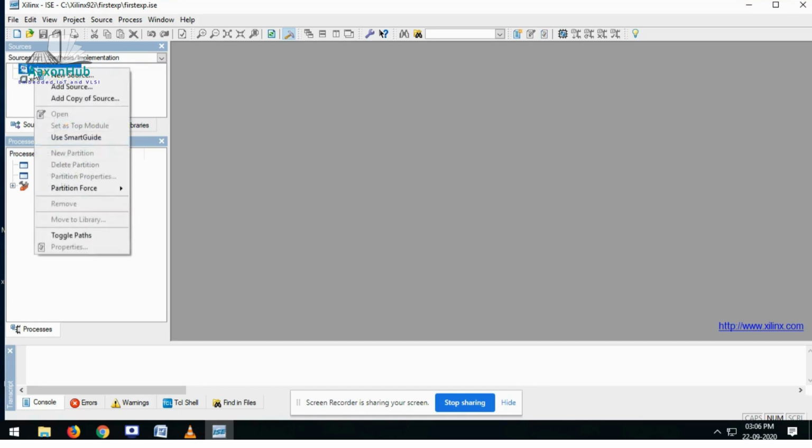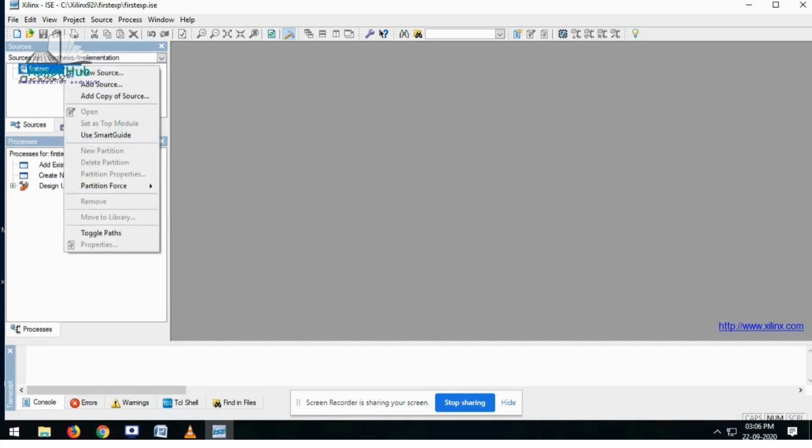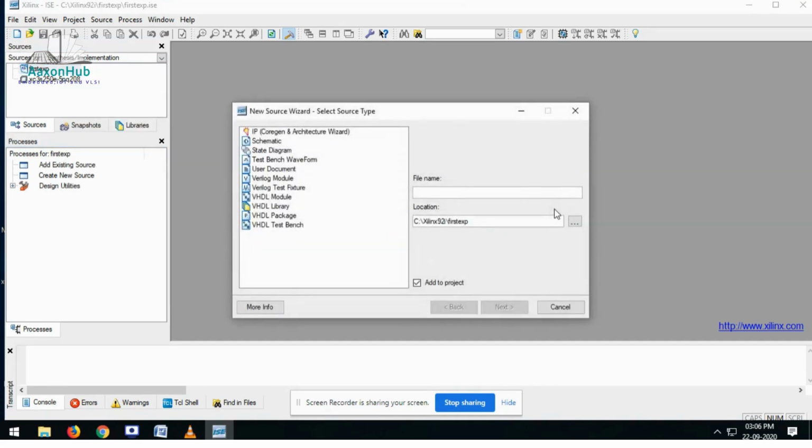If you right click on that project source, go to new source, where you will add your new sources if you haven't added them earlier while the project was being created. After creating your project, you can right click on it and simply go to new source.